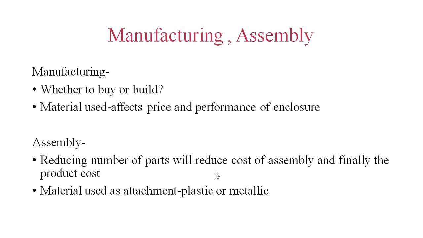Again, we had already seen that the material for the enclosure is generally either plastic or metallic. So here, generally different attachments are provided. If different enclosures are used by using plastic molding, sometimes they can be assembled by using riveting, welding, or screwing. So different parts of the product can be assembled together by any of these methods: the first is molding, the second is welding, then riveting and screwing of the parts together.